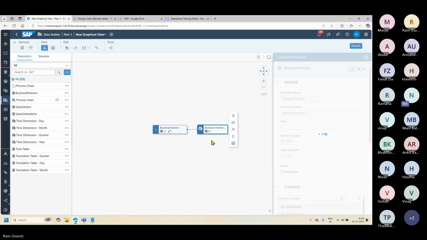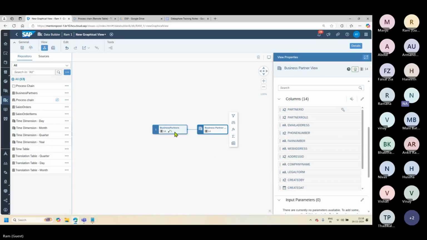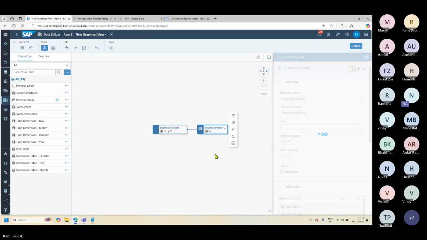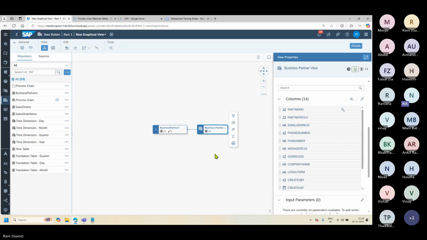One question here. Maybe you would explain it in a session ahead, but I just wanted to ask, what is the recommendation? First, we create a view on the table and take all the fields as is, and then whatever options you were showing, like projection, calculated column, we should do it on the second view, or we should do it on the table? Not required. You can directly do it on,